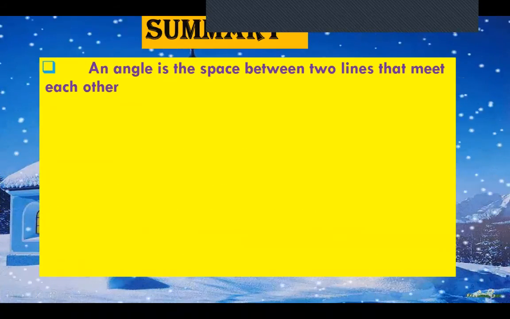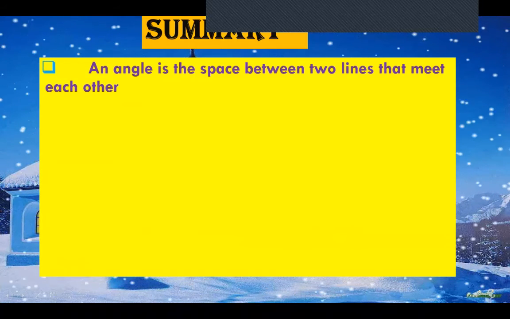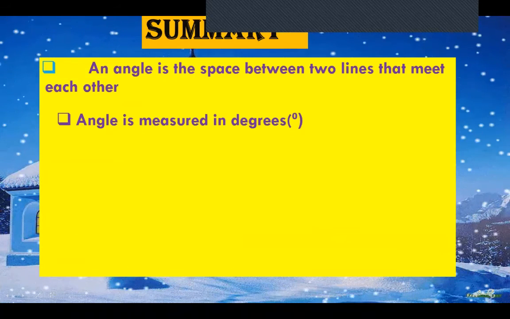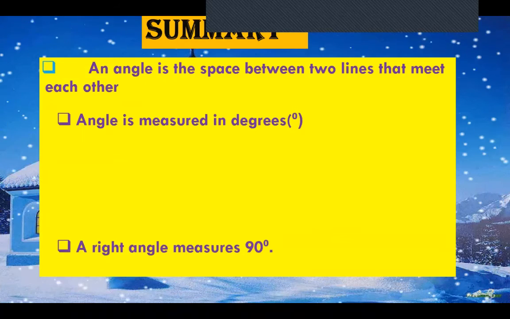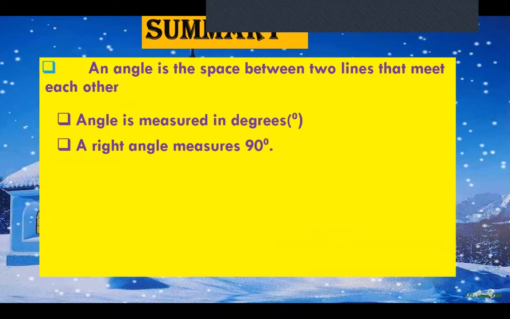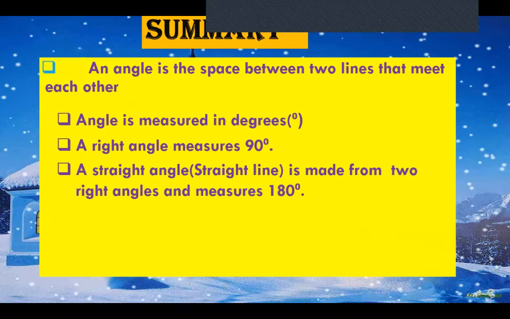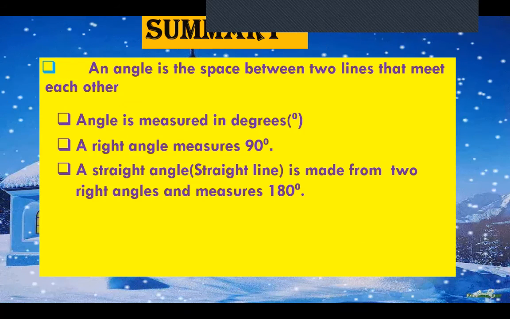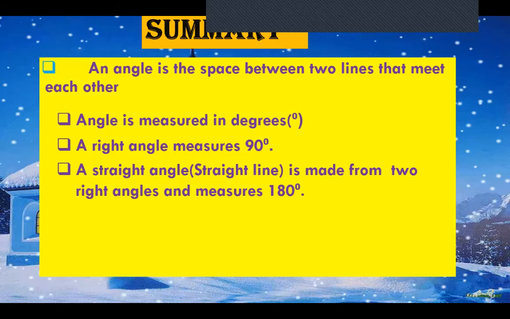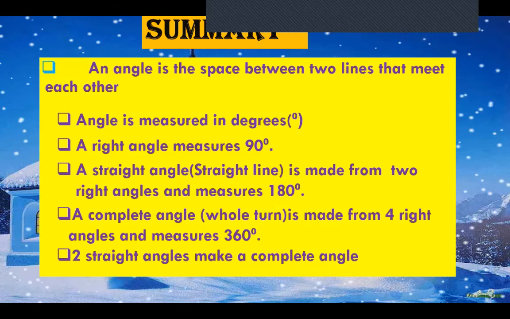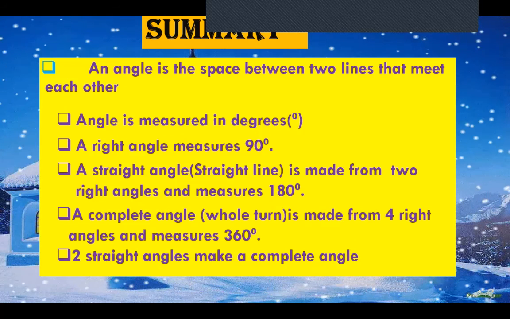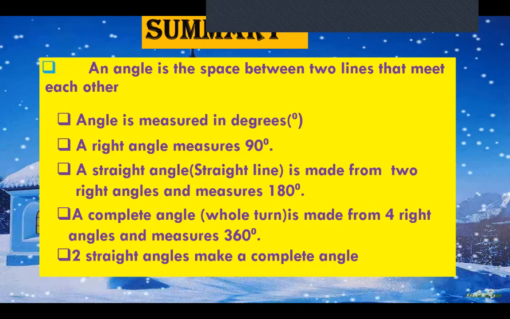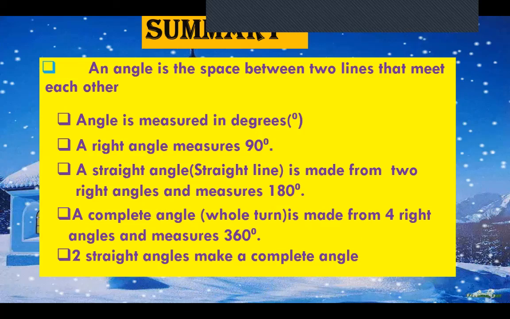Let's summarize. An angle is the space between two lines that meet each other. Angle is measured in degrees. A right angle measures 90 degrees. A straight angle or a straight line is made from two right angles and measures 180 degrees. A complete angle or a whole turn is made from four right angles and measures 360 degrees. Two straight angles make a